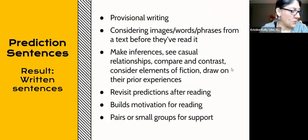Prediction sentences. We're actually going to do a little something here. Provisional writing. They can consider images, words, phrases from a text before they've read it. This is a great way for them to try out making inferences, predicting relationships between things. You can even give them some things and say, make some predictions about the